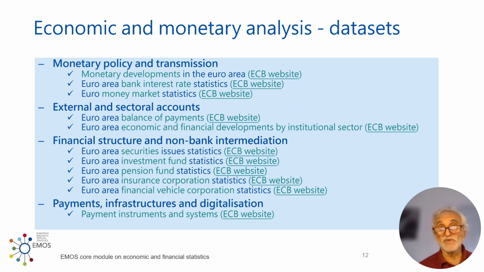So the overall information set which the Governing Council receives for its decision making is not just statistics produced by the central banking community, but statistics produced by Eurostat, statistics produced by other international organizations, or market data, and all that together gives the full set of information that is required for evidence-based policy making in the central bank.